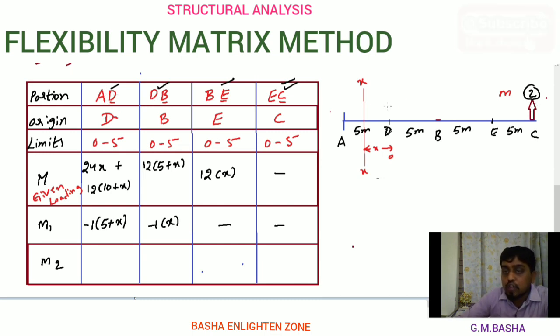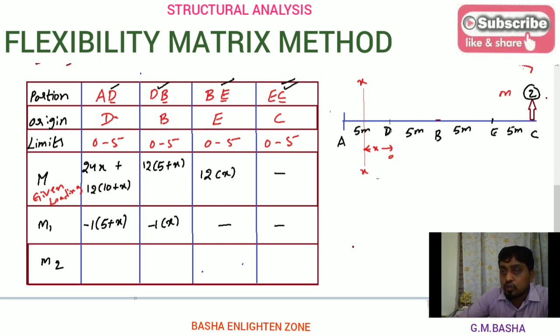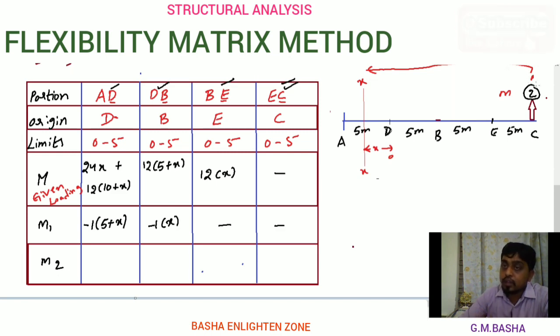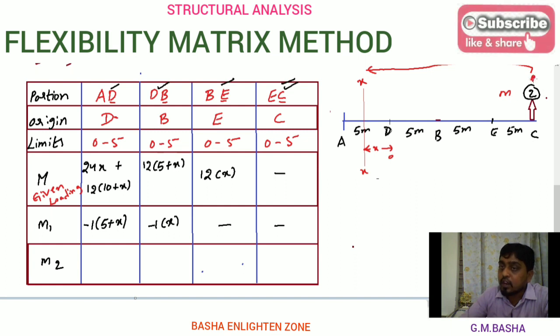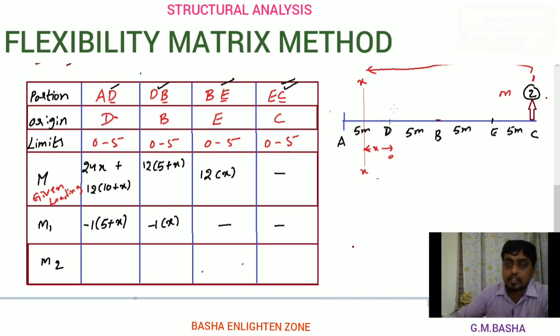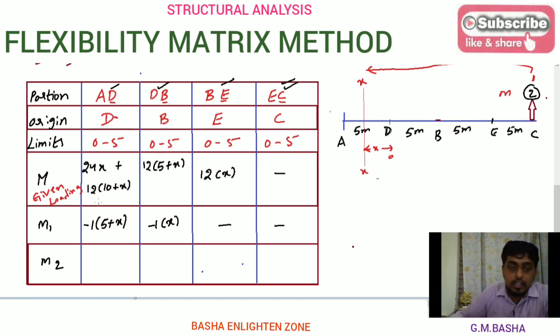Then I am resolving this force up to this section. See here, I am resolving this force into this distance. So force is one unit force. This is the second coordinate position, but everywhere we have to take only 1 unit force. Therefore 1 into this distance, 1 into 5 plus 5, 10, 15 plus x. Up to here the distance will be 15 plus x, which is acting anti-clockwise towards x. Therefore I am taking minus 1 into 15 plus x. No need to take 1 here, directly take 15 plus x.